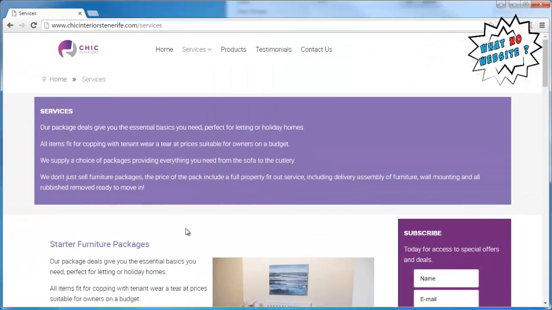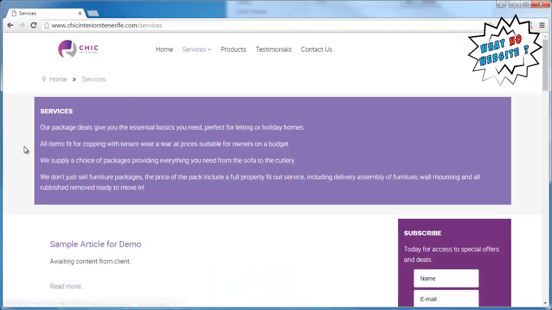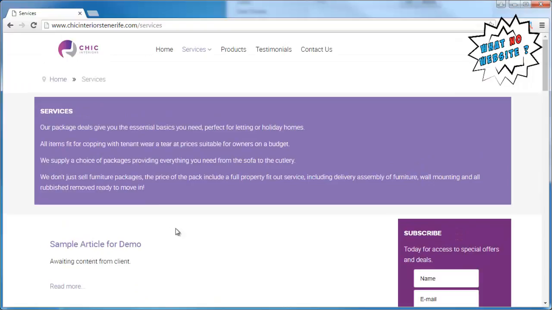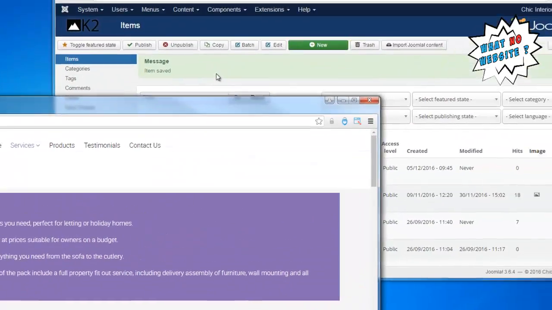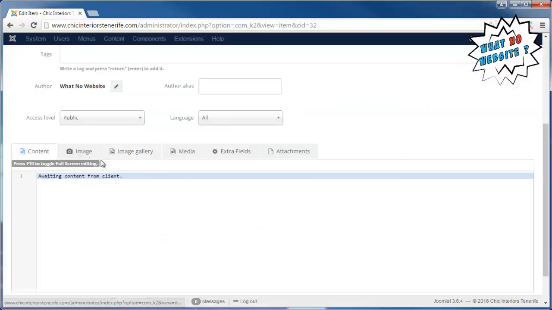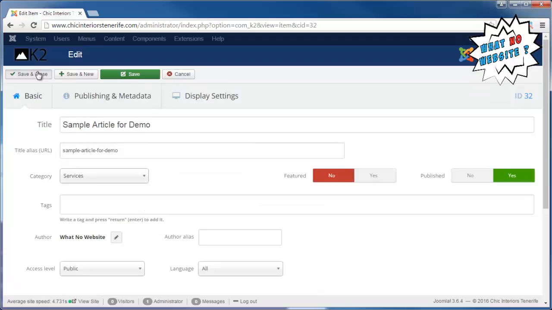And now go back to the website, click on services again. I could have just clicked refresh, but just as easy. And you'll see there that there's a sample article there for the demo. There's no image or anything like that, we haven't formatted it. If we want to start doing things like that, we simply go back into the article, and when we want to add an image, we just click choose on file, and that's added. So now if I click save and close,